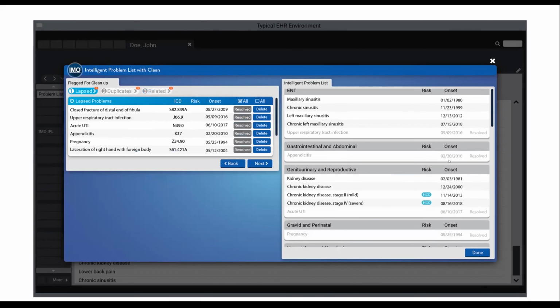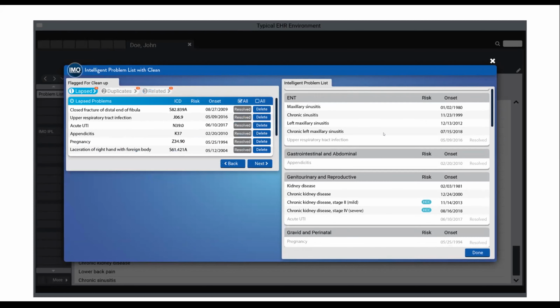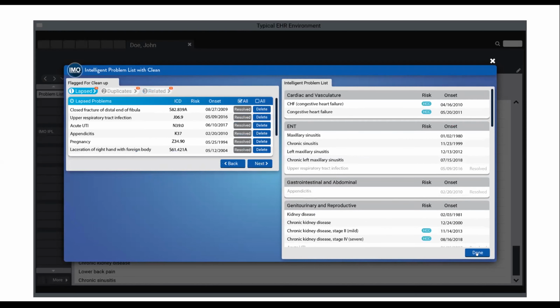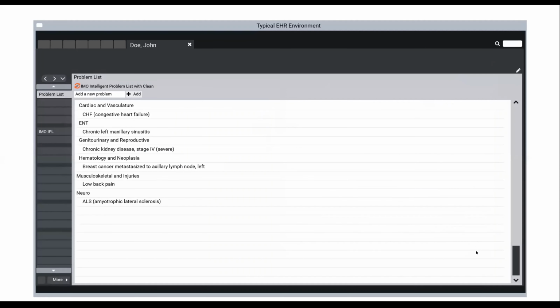All right, and now I am done. Hit next. I'm back to the summary. Okay, so now there's one last step. We need to review this. Before you can exit the app, we want you to review the work that you've done. And then once you have viewed everything, then you can click done and then move on. And then these changes will be submitted to Epic. If you refresh the Plan Navigator, now your problem list is going to be nice and concise and no longer have those duplicates that I was previously seeing.